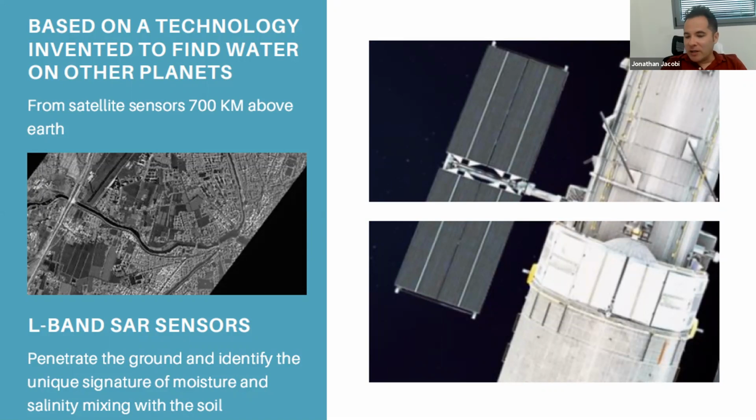Now, every two elements in nature, when they touch, have a chemical reaction. And the chemical reaction has an electrical output, which is unique to the two elements that are touching. So when water and soil touch, they have a chemical reaction. And the output is what we call a dielectric signature, a unique electrical output, which is 100% unique between potable water and soil. Again, we're able to differentiate between the different types of water and soil.